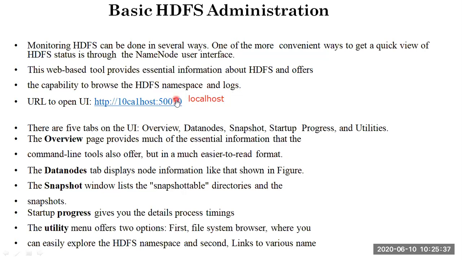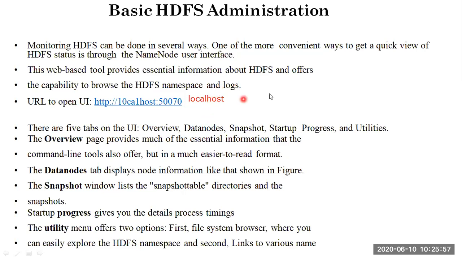This is a web-based tool which supports you in controlling information about HDFS and offers the capability for namespace and logs. When I talk about HDFS, I will also talk about how to add a user into HDFS and how I can control the systems in HDFS.